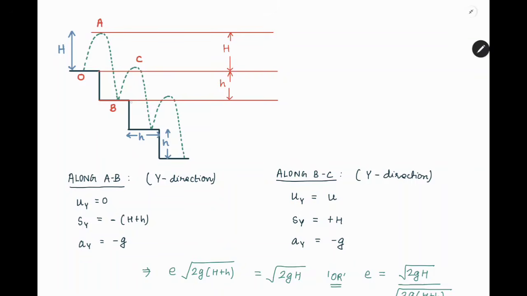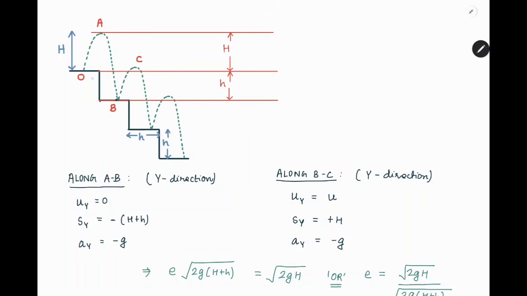between two successive jumps. Again, if I read the paragraph again, the paragraph is stating a marble is bouncing down a stairs in a regular manner, hitting each step at identical points. So if each step is at identical points, and if I say it is missing it by a distance x, then this is h minus x. So if this is x, this is h minus x, and then h minus x plus x will give us h. I hope you are understanding this.